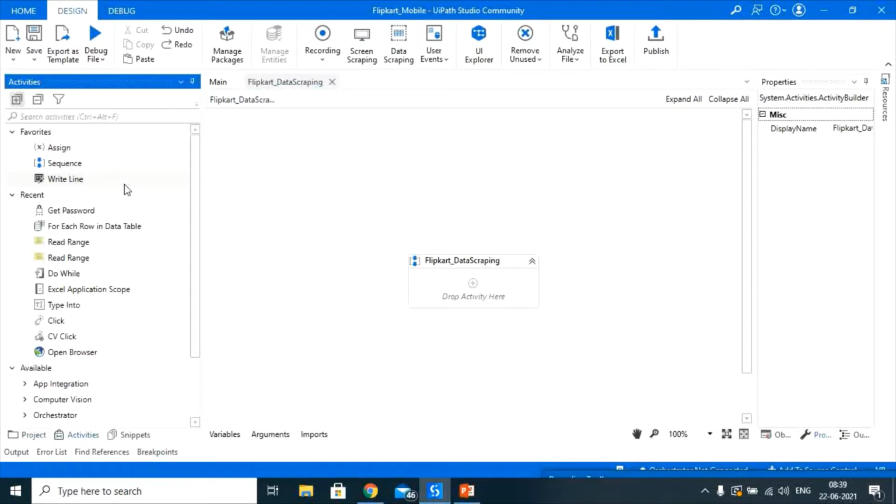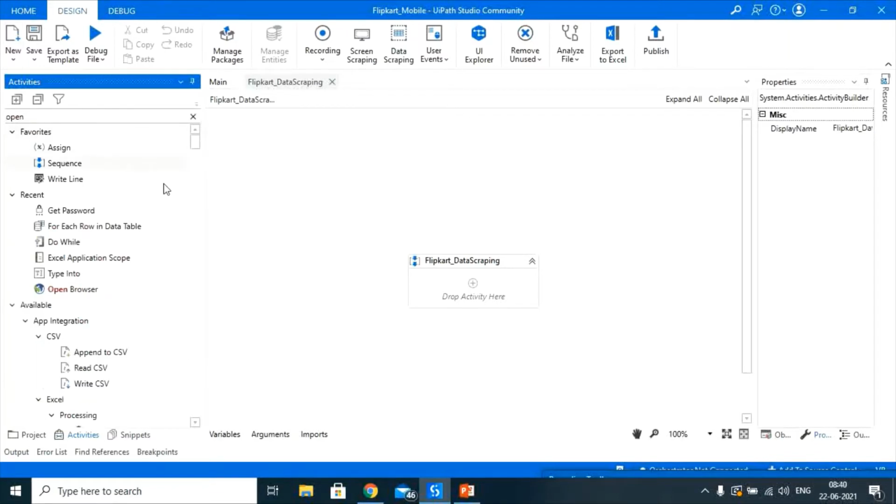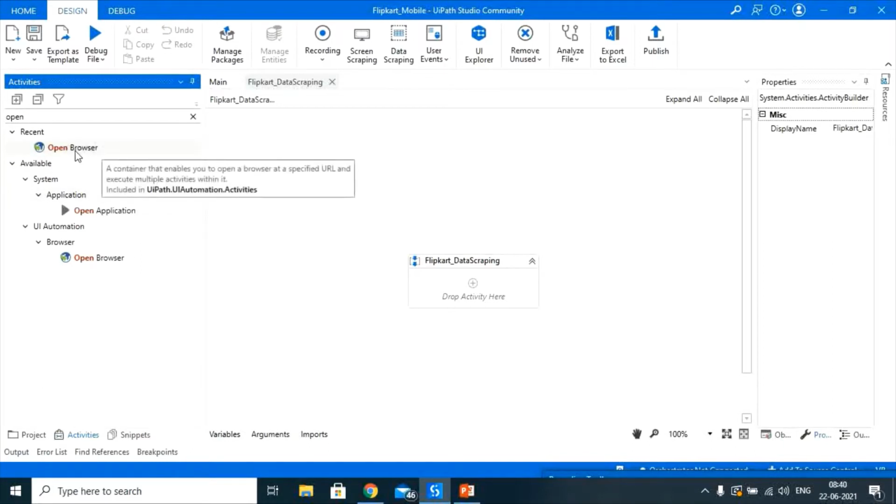Go to the activity pane here. Hit on open browser. Just drag and drop this one.